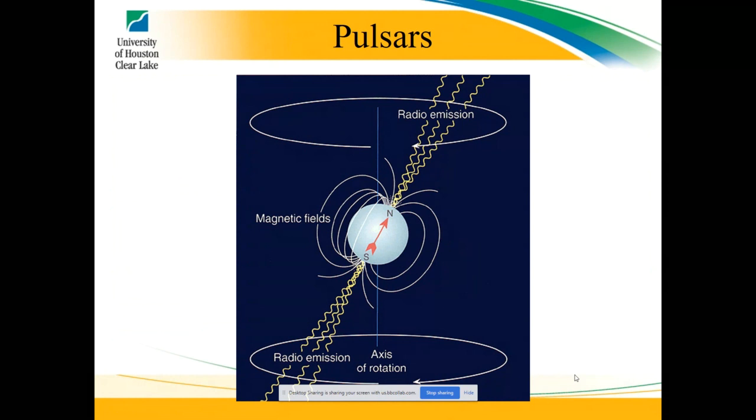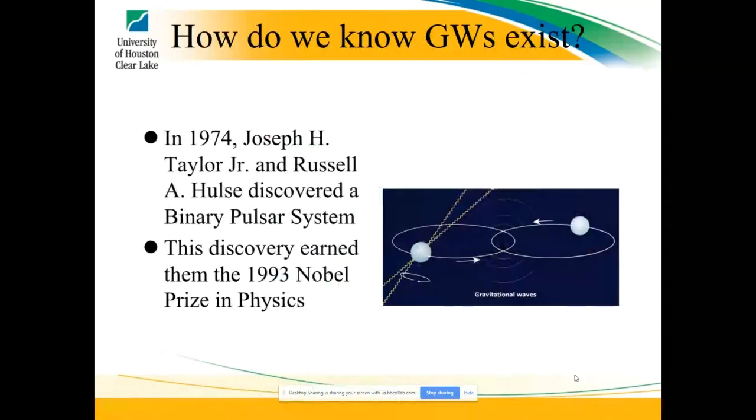So these pulsars also can emit gravitational waves if they're close enough, because they are really massive. Now, the neat thing is, in 1974, Taylor and Hulse actually found a binary pulsar system, a pulsar and a neutron star, close enough together that they were orbiting around each other. By looking at the changes in the pulse very regularly, you could see that the orbit of the neutron stars was changing.